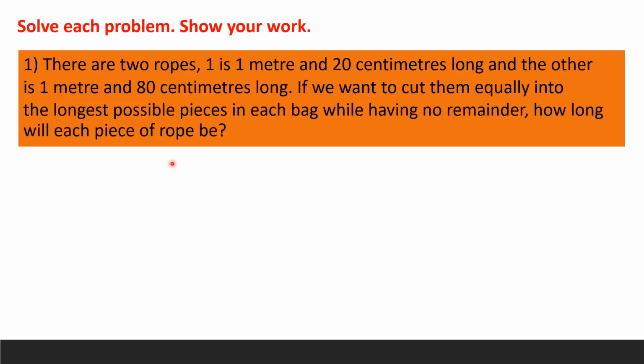so how many? What is the HCF? 60. Okay. Each piece of rope is 60 centimeters long because one is 1 meter and 20 centimeters, that is 120, and this one is 1 meter and 80 centimeters, that is 180. So you are going to find the HCF of